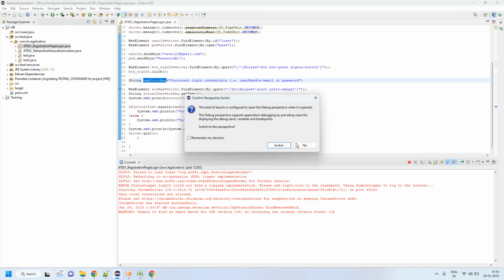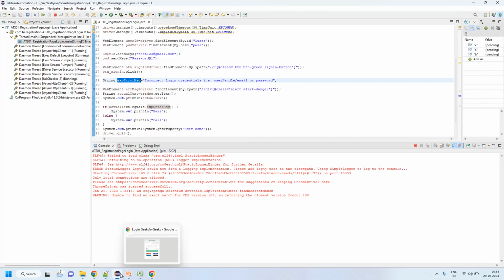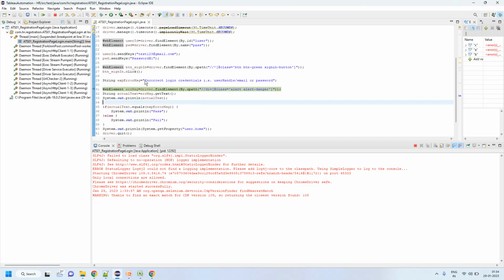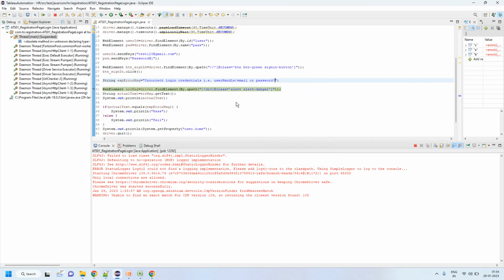So what is the expected user message? This is the message. I think I automated this scenario sometime back, so it failed. Now the message may have been changed. There is an exclamation mark. If I continue,